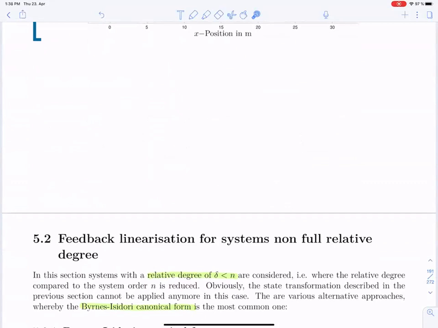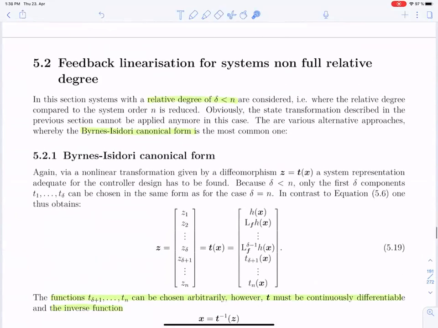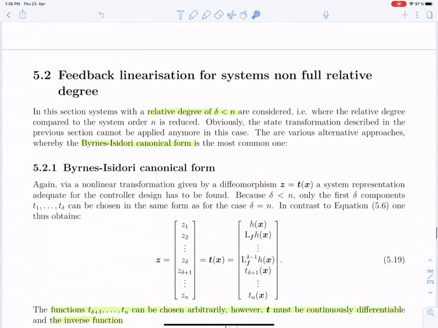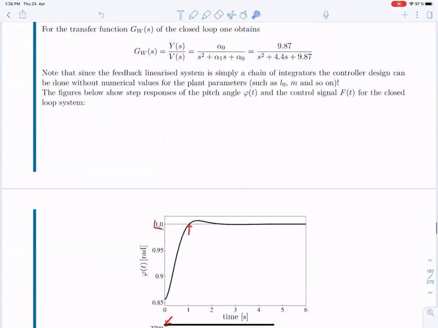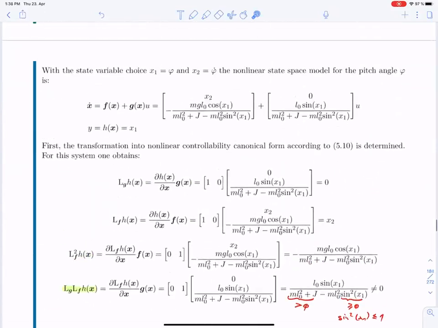In this lecture, I told you in the very beginning that we assume our relative degree, which is the order of the derivative where the system input shows up in the derivative of the output, is equal to n. This is an assumption that holds for many systems, and the point was, if this assumption holds,